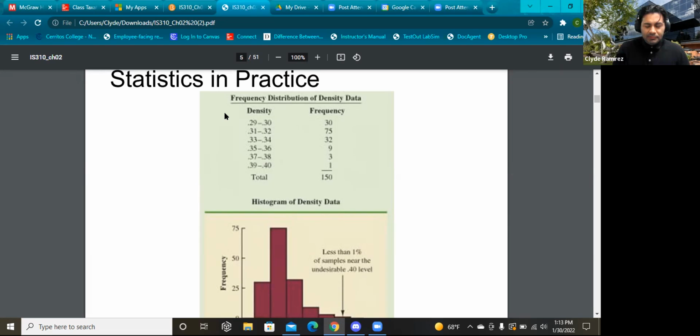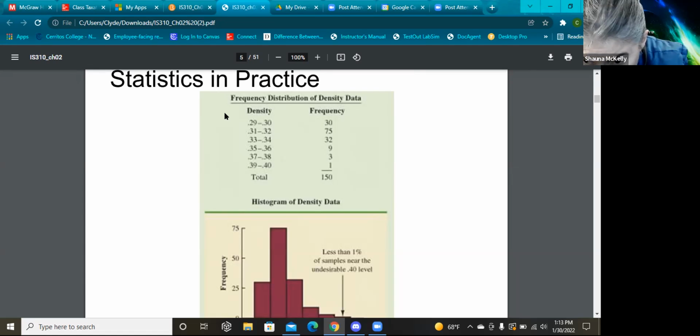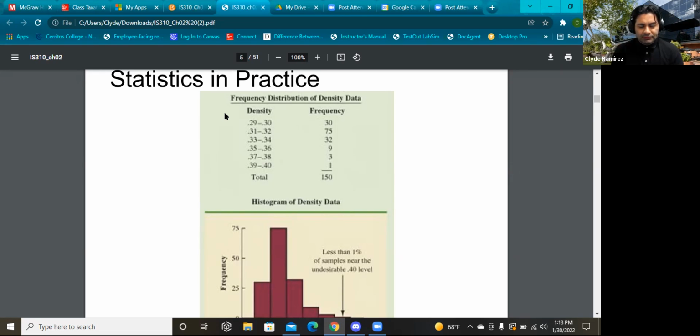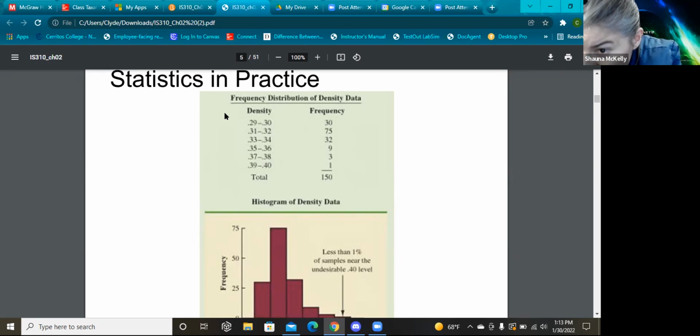And in this case, we have density data for the data that we were talking about, so they gather it. But then what you have is this big, long, hairy list of data, kind of like our spreadsheet the other day, right? And it's nice to be able to organize your data in different ways.